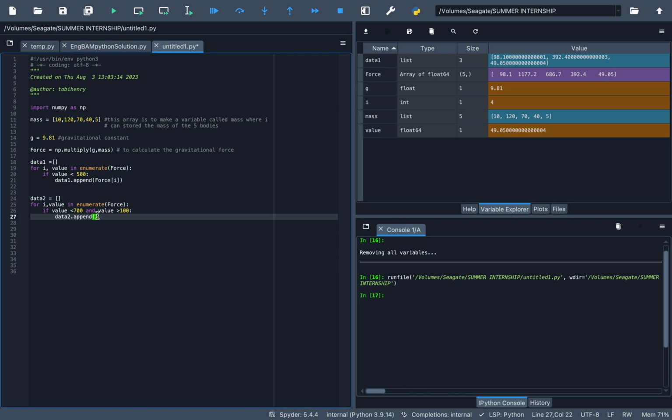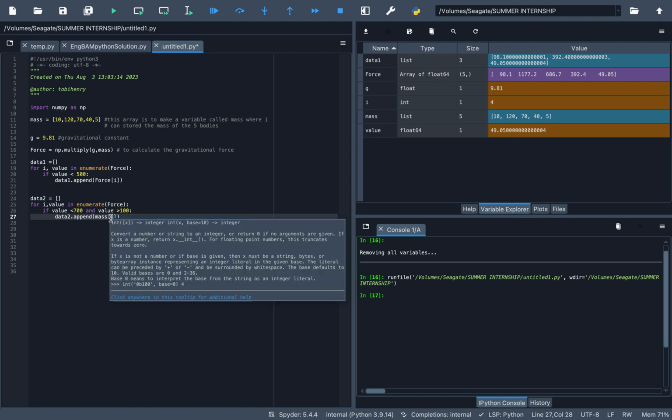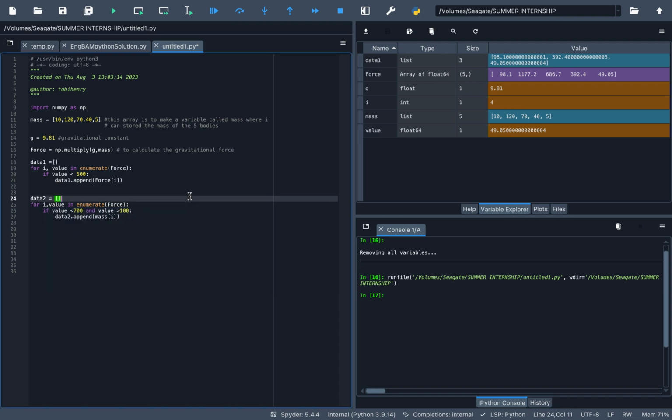So because the question has asked us to select the mass of the body instead of the gravitational force, and knowing that the mass and the force arrays are related and have the same size, we can then pick out the position in the force array, because that position would be the same position in the mass array. So you can then say mass, then square brackets i. So this i value here, that position there, if the value in the force array meets this condition we've created using our if statement, take the value of the mass that corresponds to that force by using the position of the value in the force array that meets this condition. So from there we can then go out here and simply say print